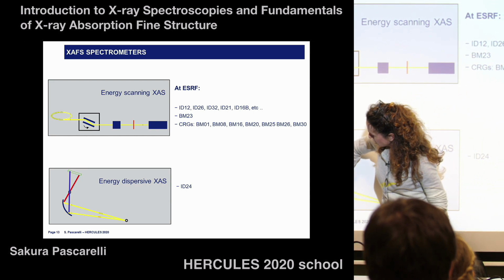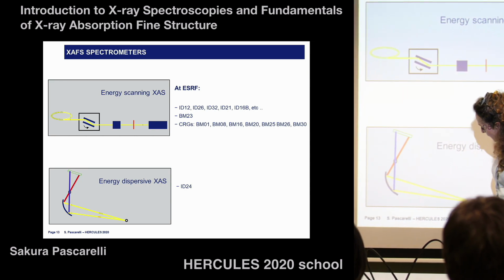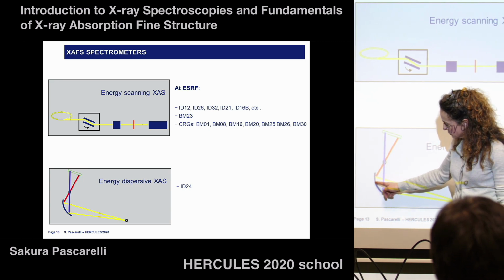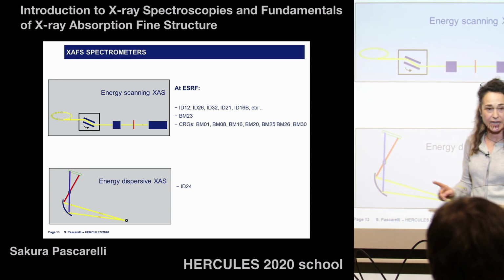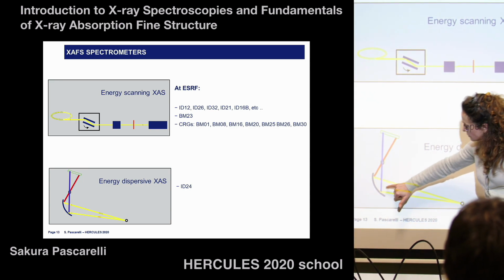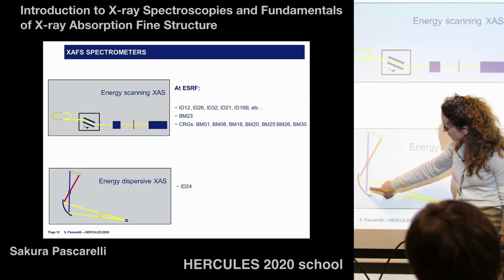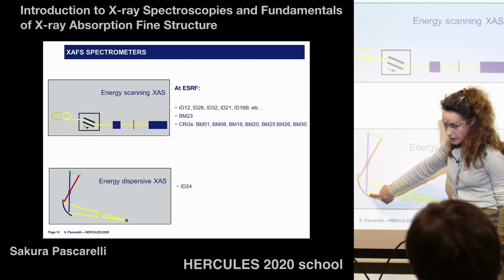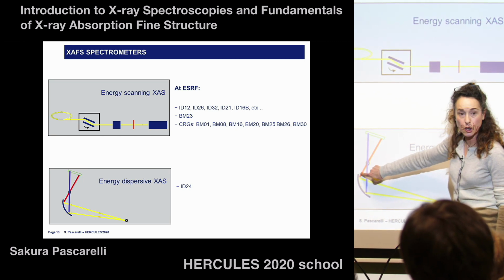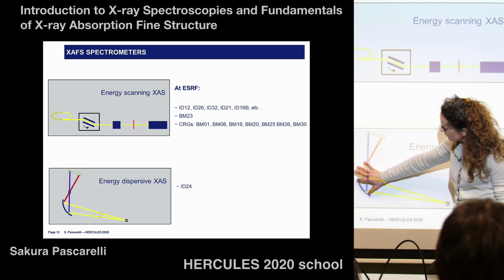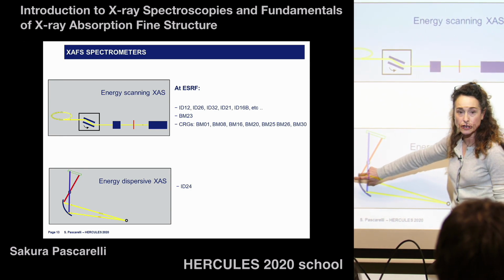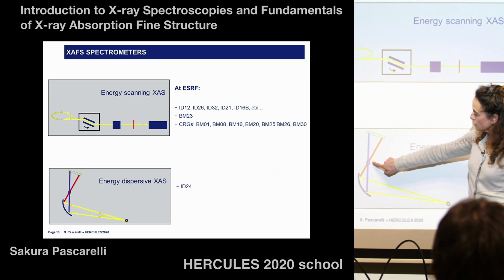And then you have a curved crystal. So every single beam that hits a different position will be diffracted with a different angle. So the diffracted beam has different energies, okay? Because you see, this angle is bigger than this angle, so this energy will be lower than this energy. So this crystal, since it is curved, will also focus the diffracted beam,